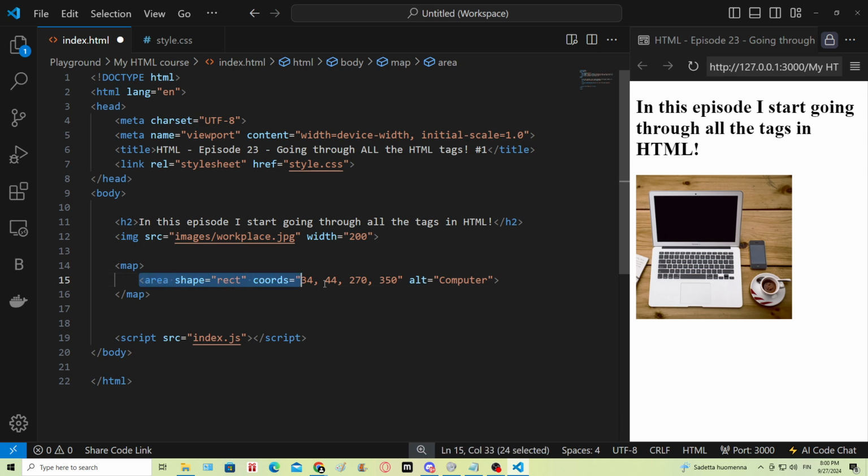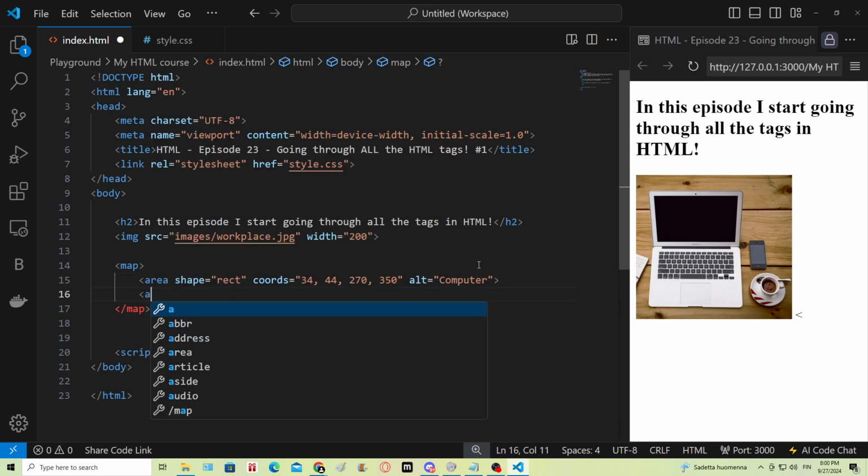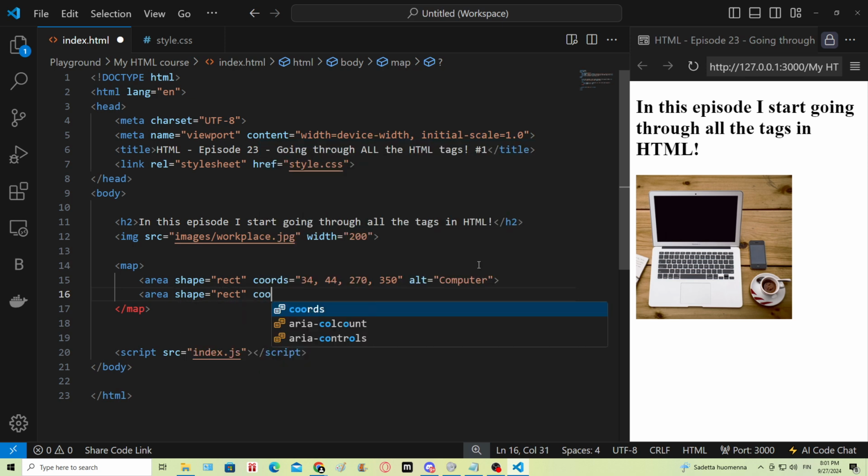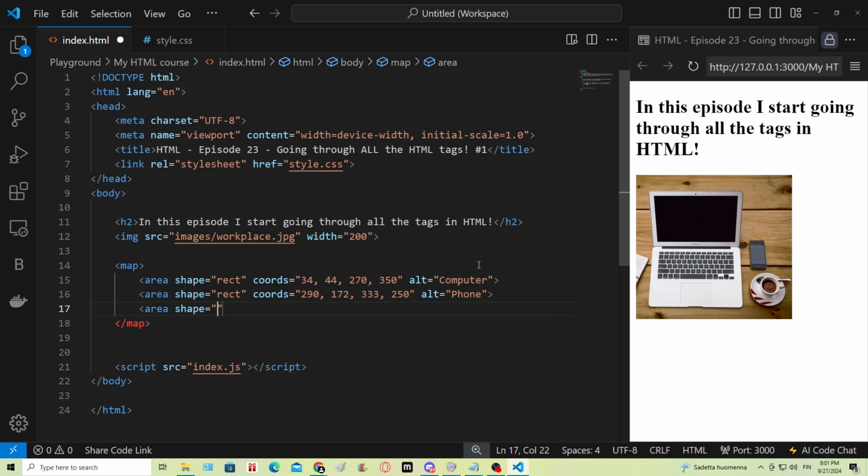We have gone through this one as well, but this is a recap, alright? So area shape, rectangle, then we have some different coordinates, 290, 172, 333 and 250. And the alternative text is gonna be the phone. Then we have the area shape, circle, and then coordinates are gonna be 337, 344. Alternative text is gonna be coffee. Now we can add href attributes to the end of this. So basically, what this allows us to do,